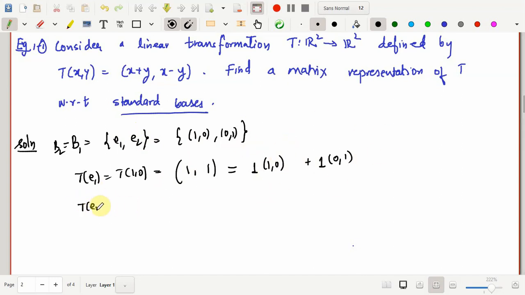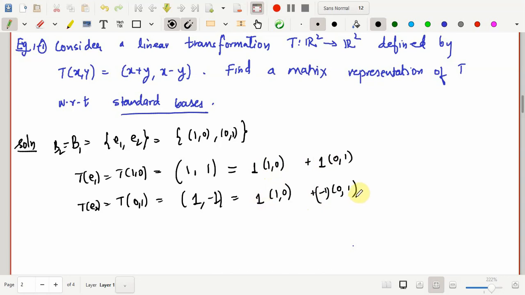Okay, so same way T of e2 in this case is T of 0 comma 1, and that is 0 plus 1, it is 1, and 0 minus 1 is minus 1. Once again you have to write down this in terms of 1 comma 0 plus some scalar into 0 comma 1. So that scalar in this case is 1, and here you have 0. So 0 plus 1, right now this is giving me 1, but I want minus 1, so you will make the scalar minus 1. So these are the coefficients of your u1 and u2. Coefficients in the first equation are 1, 1, the coefficients in the second equation are 1 comma minus 1.